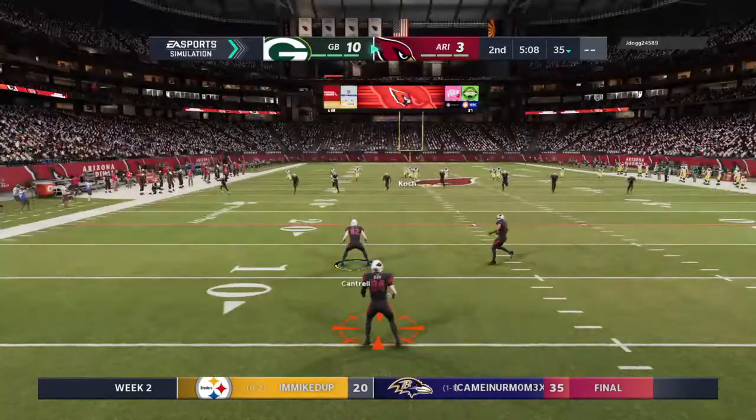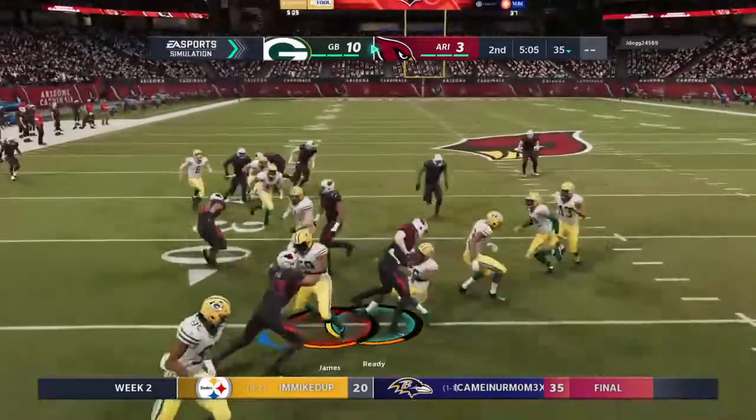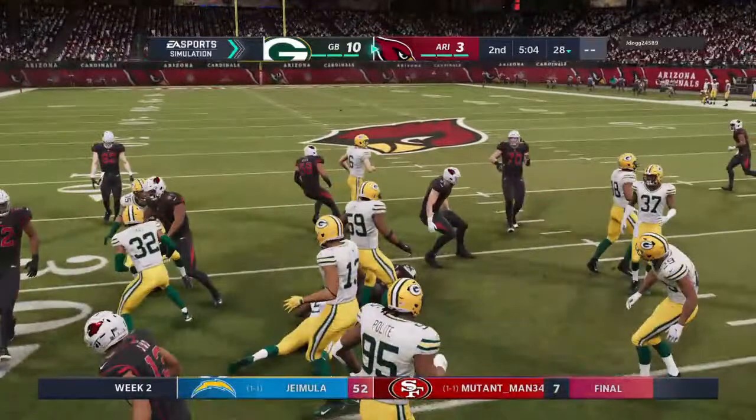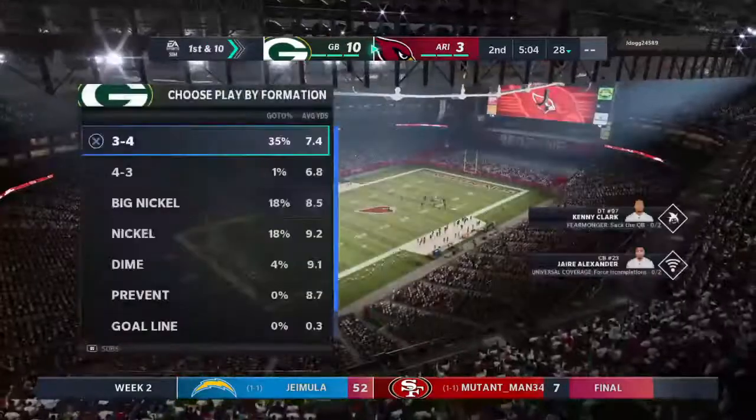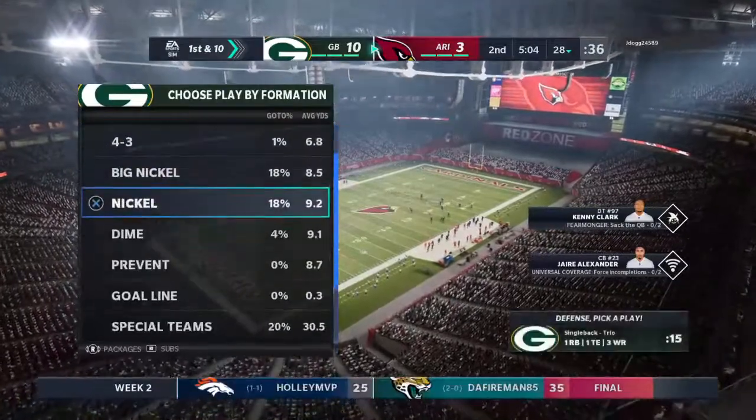So a good kick there to polish off the drive with 3 points. Yeah, coaches always talk about finishing a drive with a kick. 2 of them give you points, either an extra point or, in this case, a field goal. Take over first and 10 at their own 28-yard